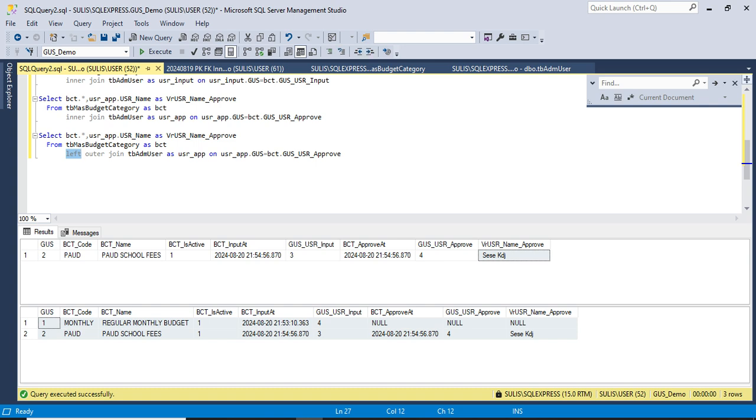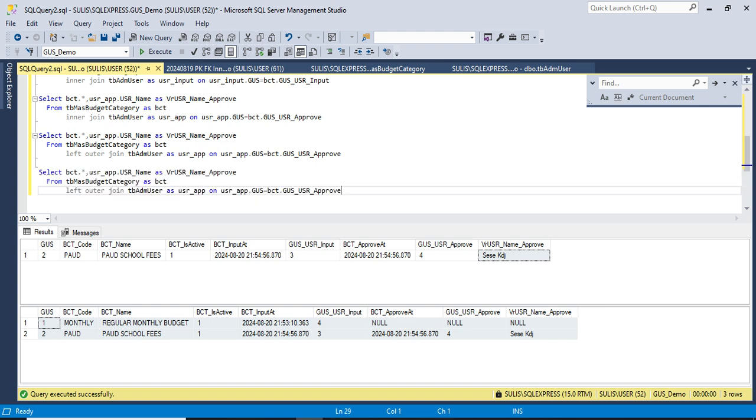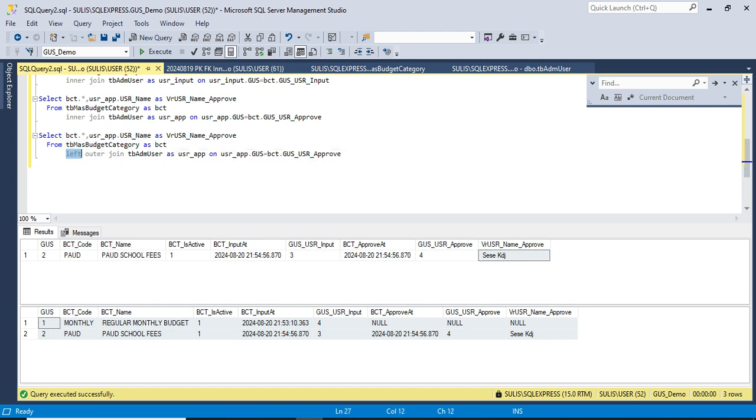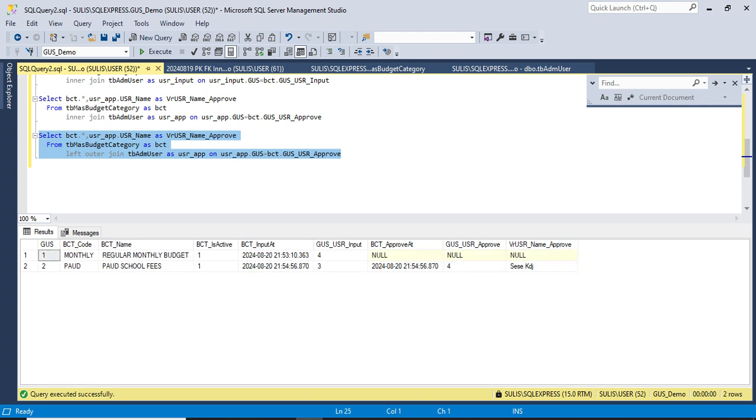There are two types of outer join. The first one is left outer join. Now I will show you about right outer join. Right outer join means that the table that will act as the primary key table must be, I'm sorry, with left outer join, okay, the data that is not found in the primary table is also displayed like this.